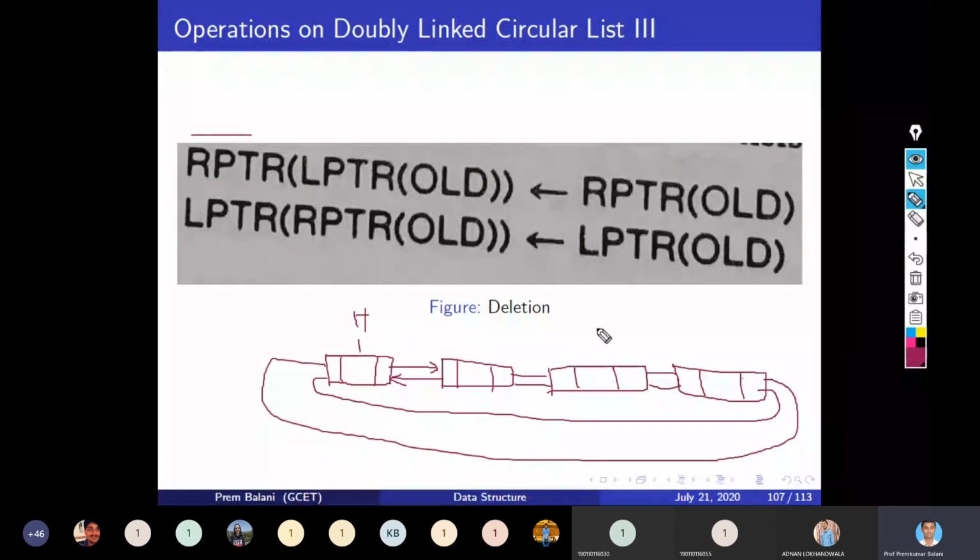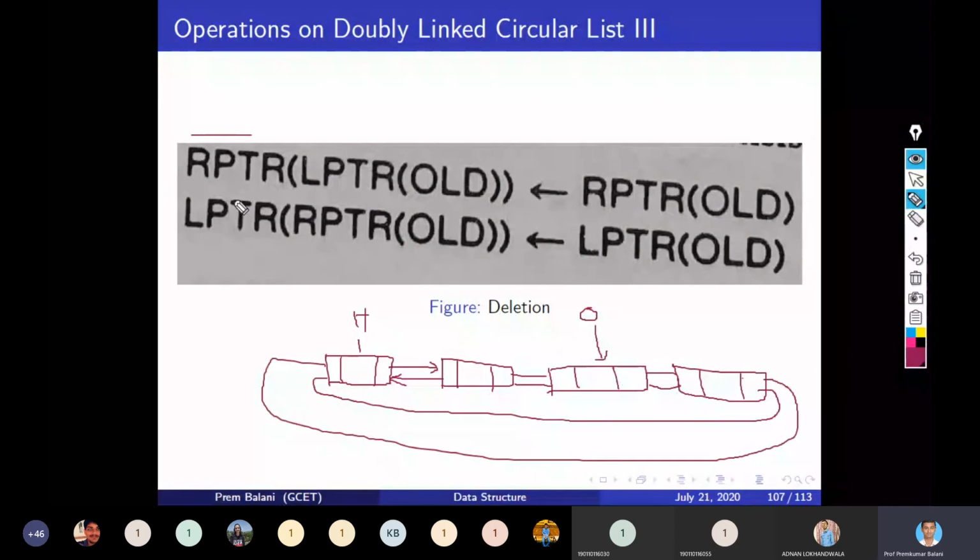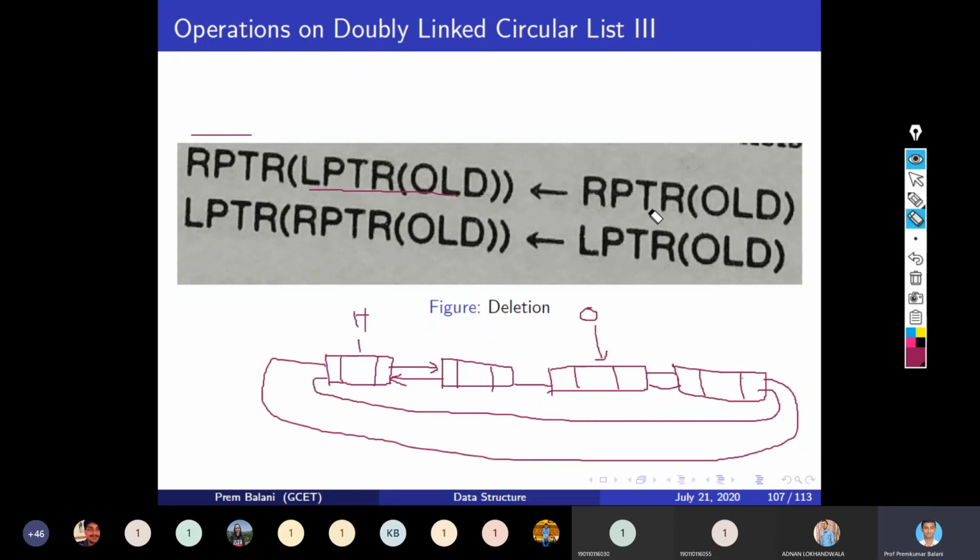Okay, and now I want to follow this step. Suppose old is pointing to this node, and I have to update the pointers such that this node is deleted. So for that, left pointer of old means this node, and its right pointer, that means this link, let me update this link, is equal to the RPTR of old, that means this.